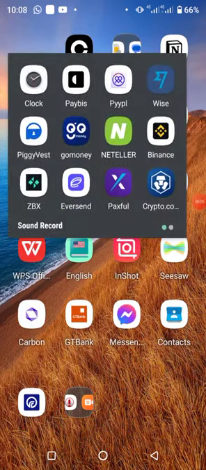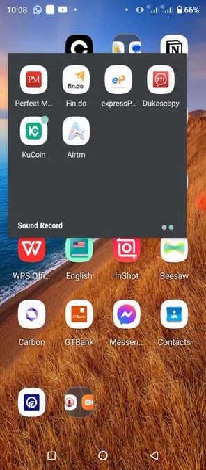So today I want to carry us through Kucoin exchange. So this is my Kucoin exchange. This is Kucoin. You can get it from Play Store. There will be a link in the description